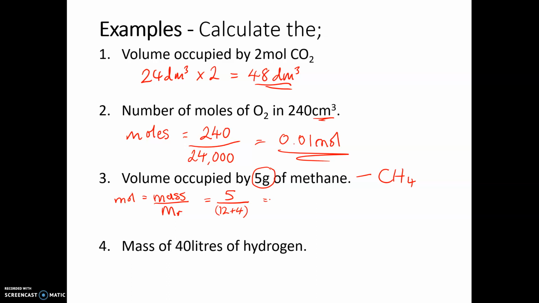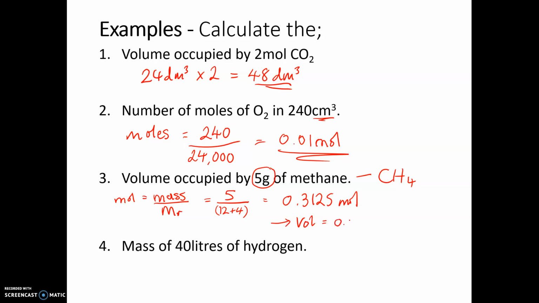So you're doing 5 over 16, which gives us 0.3125 moles,